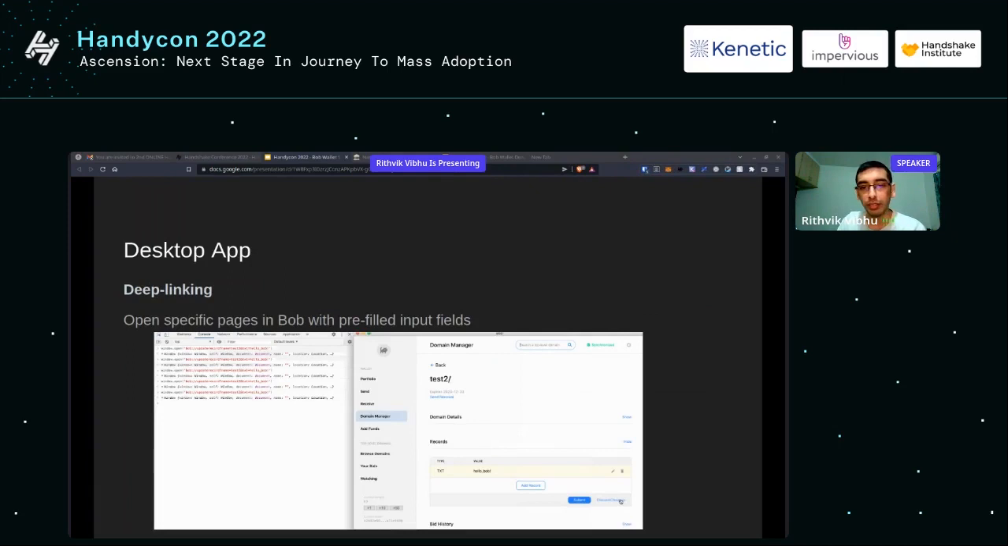Then there's deep linking, where websites can deep link to specific pages inside the app. So say a hosting provider wants to update your blockchain DNS on your behalf. They can open Bob Wallet with all the records pre-filled. In fact, shaketext.com is how,